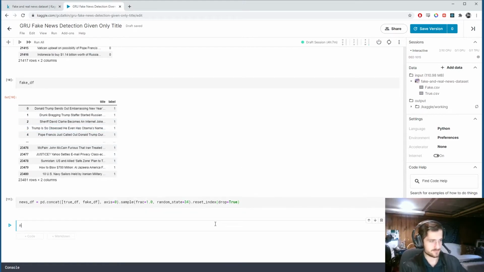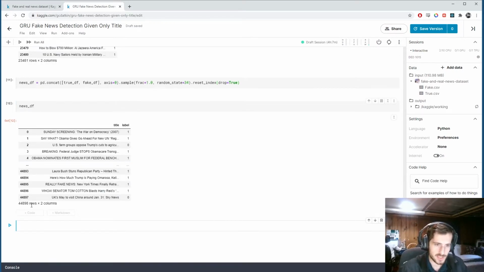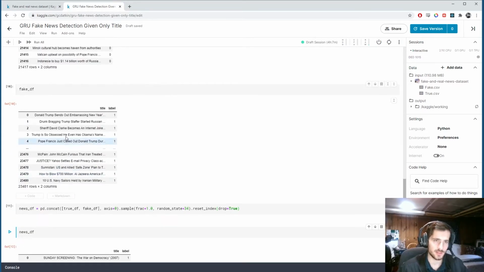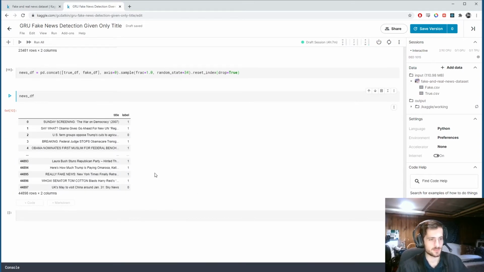So if I run that, then we take a look. You can see we now have 44,000 rows, almost 45,000. And we have shuffled data. So some is fake, some is true. And you can see from these, we have roughly the same amount in each category. A little more in fake, but that's good. Okay, so what we're going to do now,